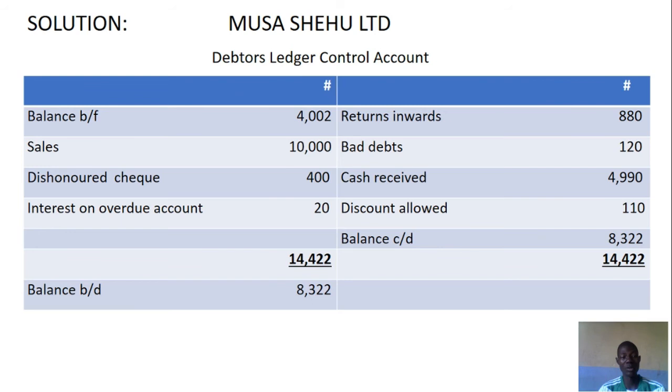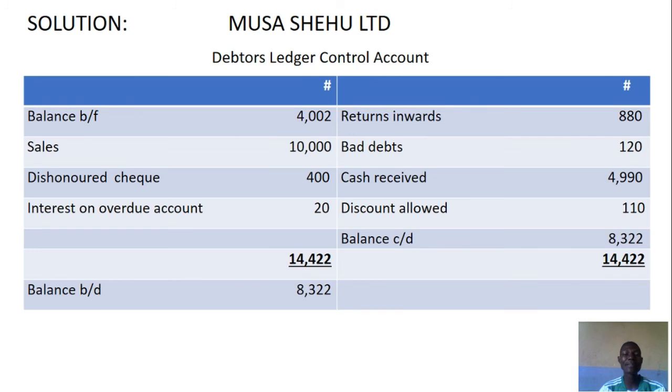The next thing you are going to do is to add up the debit side. If you add up 4,002, 10,420 naira, it will give us 14,422 naira. Then if you add the credit side, 880 plus 120 plus 4,990 naira plus 110 naira. If you add them up, you will observe that the debit side is higher than the credit side. The difference is 8,322 naira. This figure represents